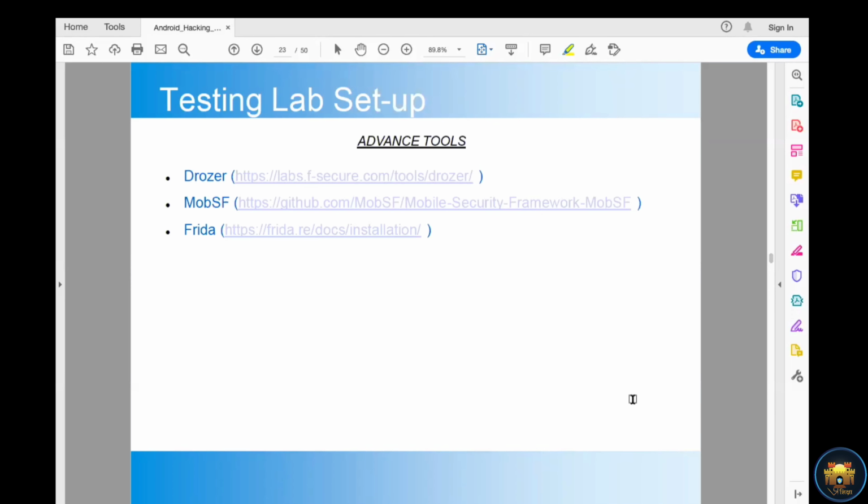SSL pinning enabled, right? So how you will disable the SSL pinning. We will be using it in our coming episodes, how we can bypass the SSL pinning, or if your application is, you know, root detected, right? So how we can bypass the root detection. So we will be using this particular tool for bypassing all these security features in your Android APK application.